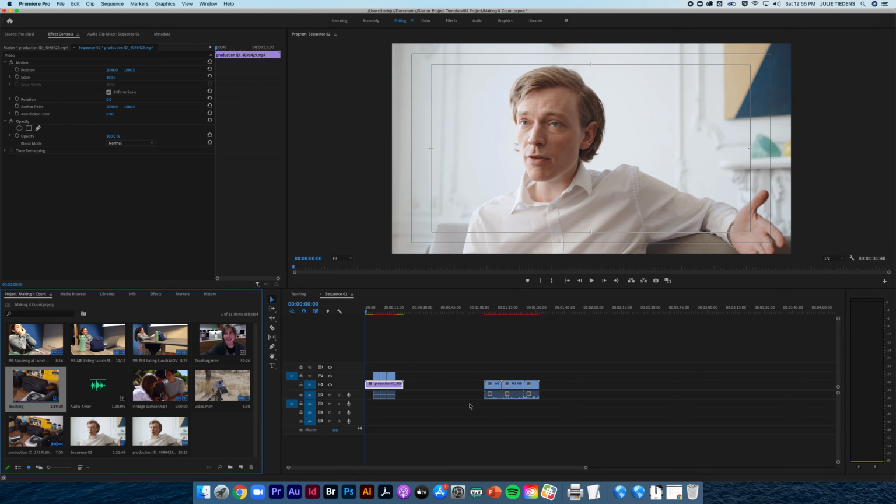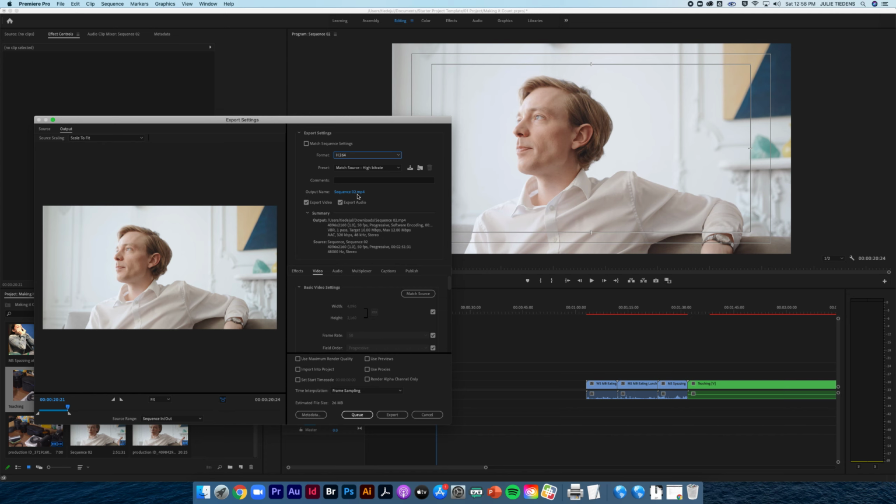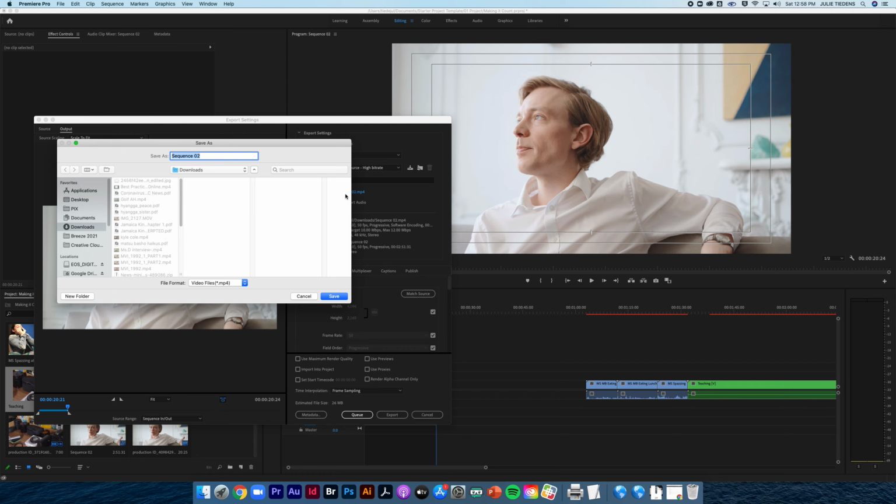Then we wait. Then we want to make sure that the format says H.264. This will save an MP4 file. I also want to make sure of my output name, and all I do is click on this. Once I click on it, I'll get a Finder window coming up. Again, it takes a little while sometimes. And I'm going to go to my actual folder for my project. I'm going to go to Exports. I'm going to make sure I'm telling it where I want it to save. I'm going to name it